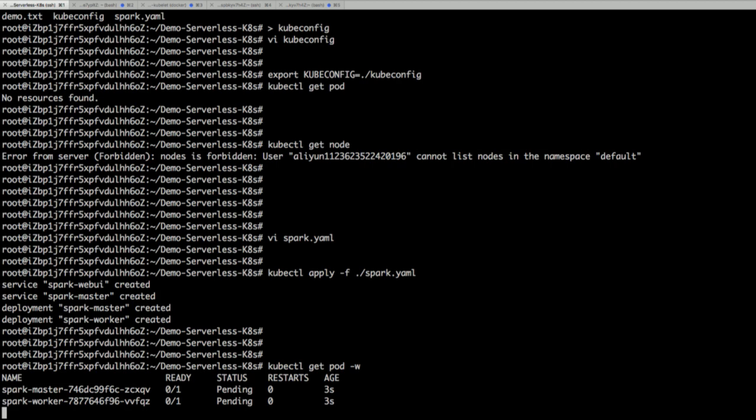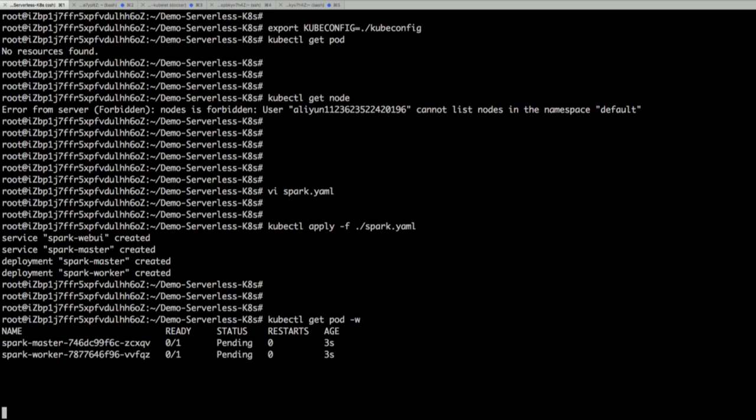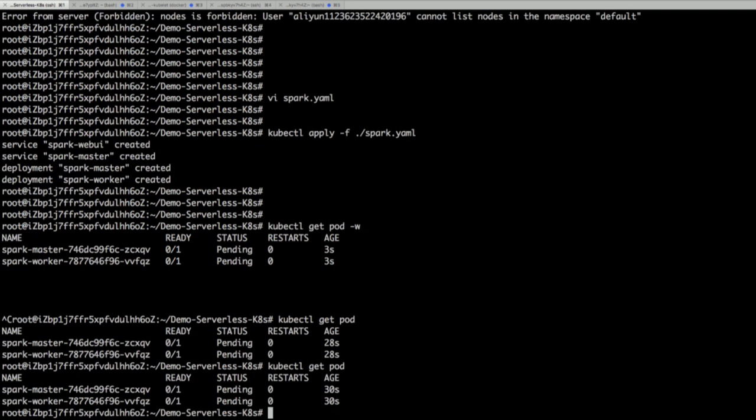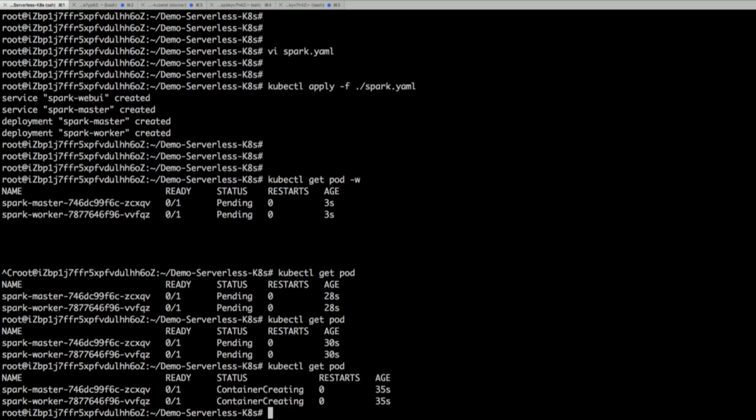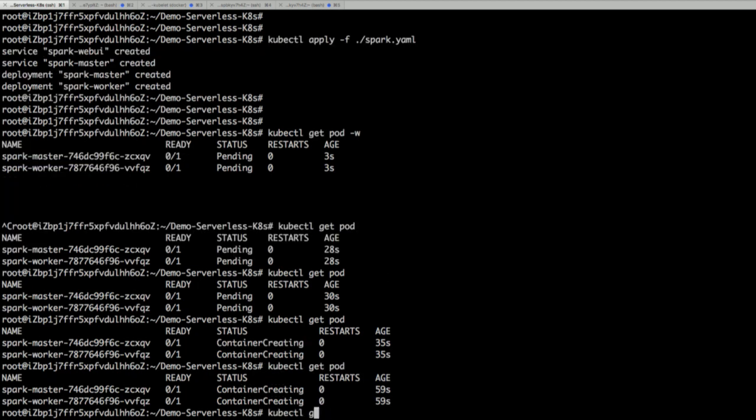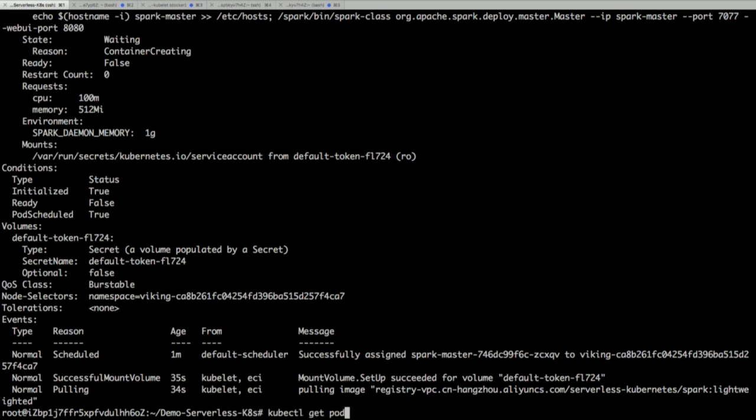The worker node is being created now. It's still creating. In many scenarios, it doesn't take such a long time, maybe around 8 seconds. However, maybe for some reason the pool is not enough. That's why it takes 20 seconds to create a container. Now it is pulling the image. Through the controller, we can also see